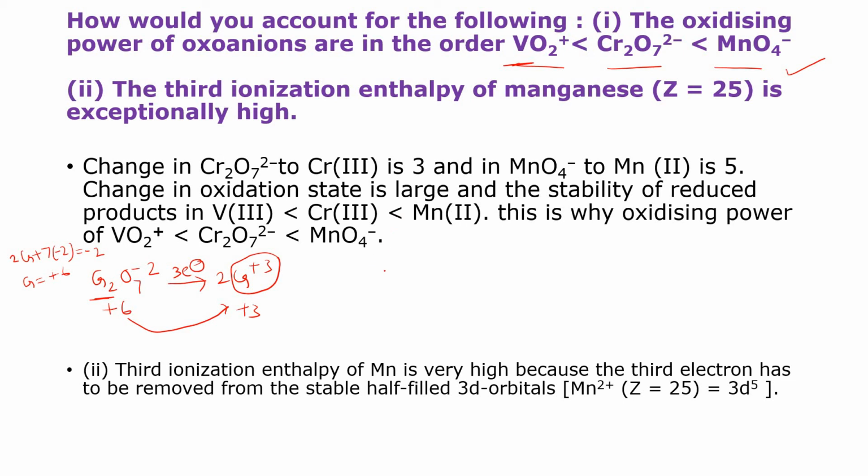In the case of MnO4 minus, take MnO4 minus here, converting into Mn plus 2. In the reduction reaction, acting as an oxidizing agent, they convert like this. Now, what is the oxidation state of manganese? Definitely plus 7, again the same method. Manganese plus 4 oxygens, charge minus 2, the overall charge is minus 1. So manganese is equal to plus 7. Do that, and here it will be plus 2. Now how much change is occurring here? Only 5 electrons.